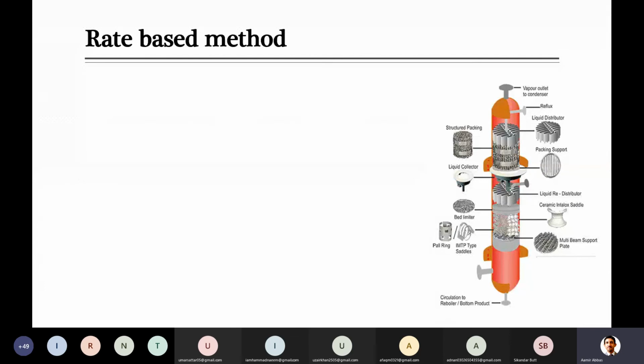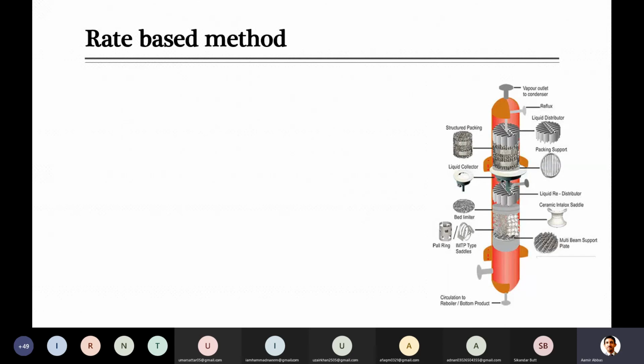Otherwise, if you have to perform that separation by using a tray tower, then you have to build your equipment with expensive materials. So just to avoid that expensive material, to avoid some extra cost, we can go for such kind of separation by using this kind of tower which we call a packed tower. Inside this tower, definitely the outer boundary is of some material which is metallic, but we can make its internal of some material which is anti-corrosive.